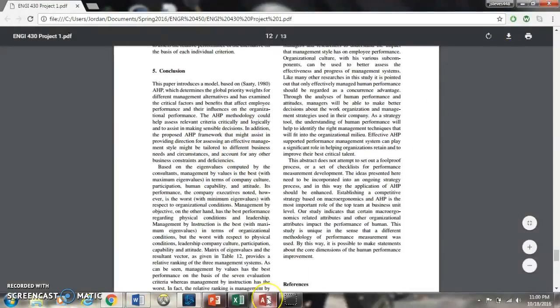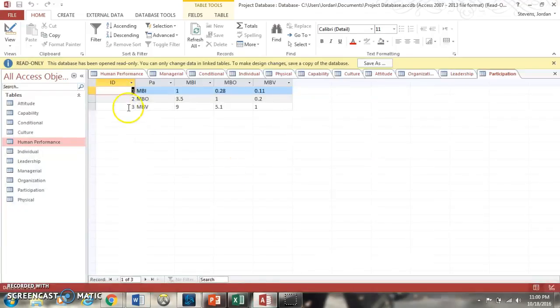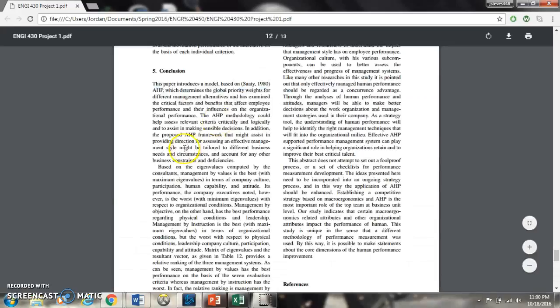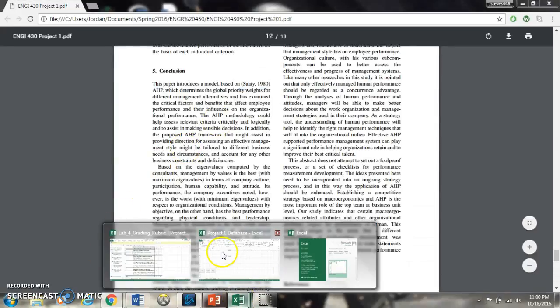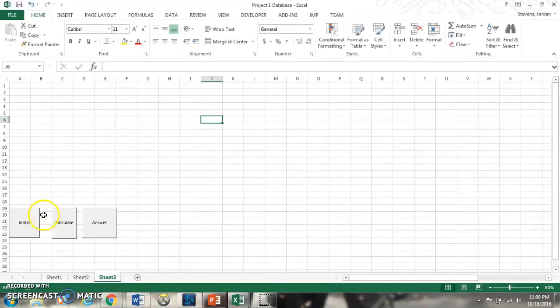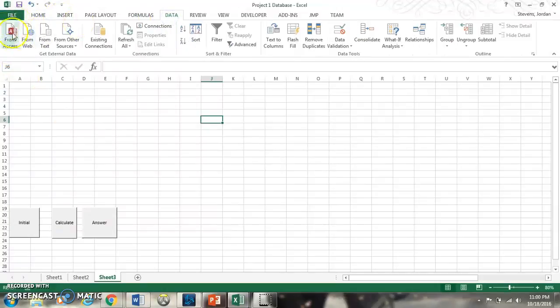After this, I decided to implement it, so I started off with a database, and I have each one of the columns, and each one of the tables associated in the database. The 7 sub-criteria, the 3 criteria right here, and then the main one. After this, I'm going to close this down so Excel can use it. Then I'm going to go to Excel, and I created a macro right here that will use a from Access database to import the